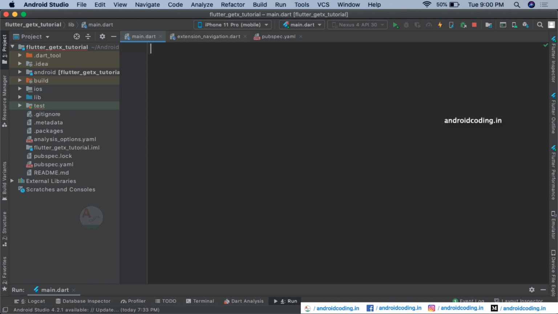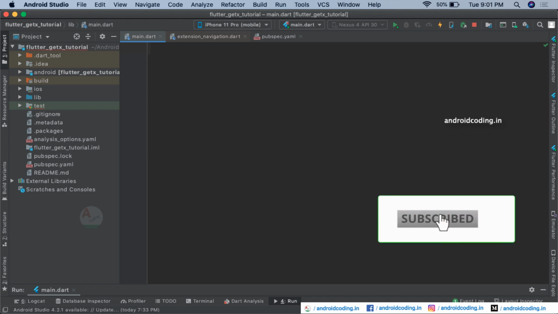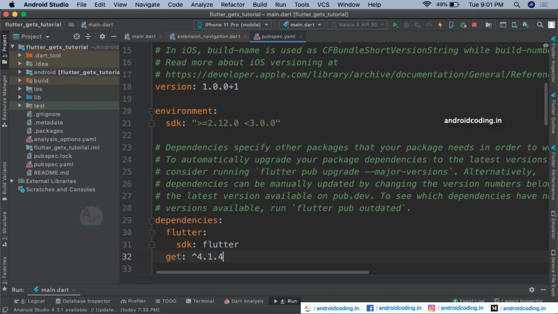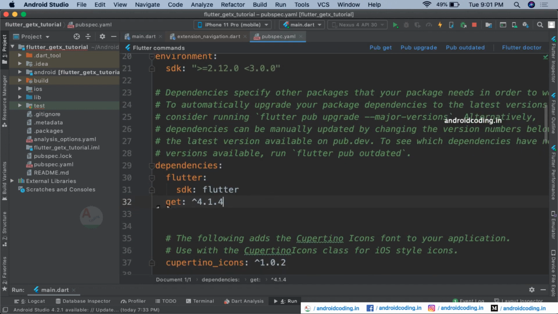So you will understand what state management is. So yes, first of all, let us get into GetX and see a simple basic example of how we can make use of GetX in our project. Here we have added a GetX plugin. So here you can see get, and I have provided the current available version in pubspec. This is the first and foremost step you need to make sure of for making use of get in your project.